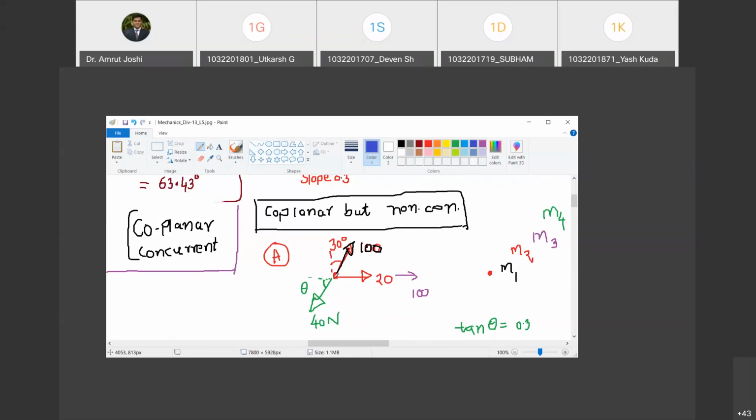So at this point, it is likely that I will have two kinds of resultant. One is the force resultant due to 100, 20, 100 and 40. Do you agree with me? And the summation of this M1 plus M2 plus M3 plus M4 is going to give me the moment as well. Now, how do we find the force resultant? Similar to the process that we followed earlier. We take summation Fx, summation Fy as Rx and Ry, and we get the R. Are you with me? How do we get M1, M2, M3, M4?